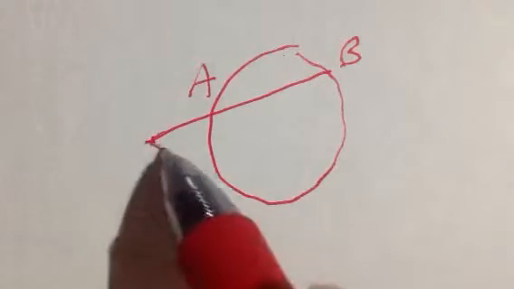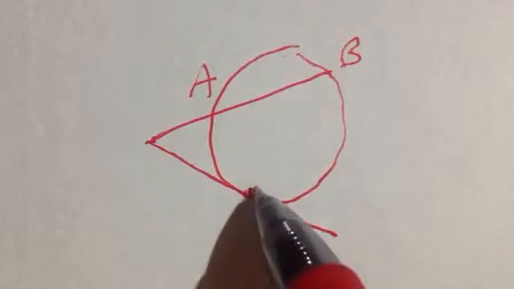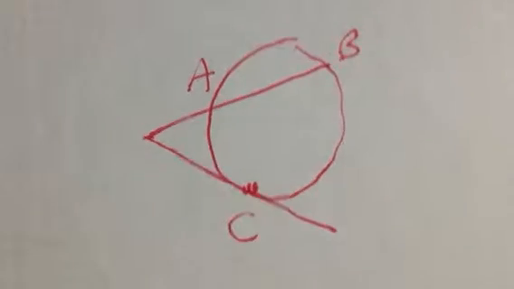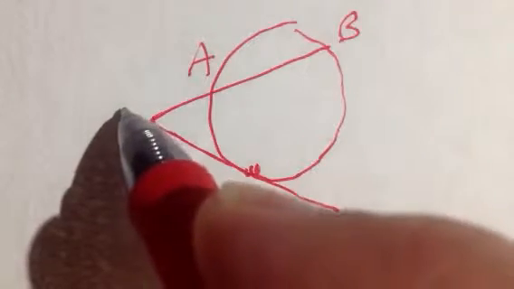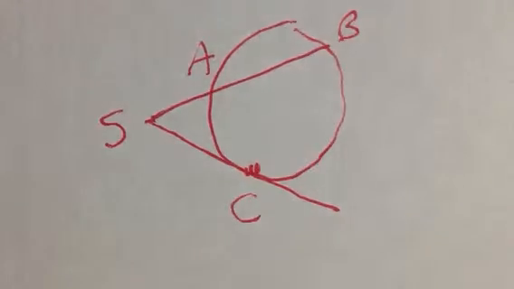We will continue on with Theorem 1014. We will now discuss the case where a tangent and a secant to a circle intersect at an external point. According to the theorem, if we have a circle with points A, B from the intersection of the secant and a point C, which is a point of tangency of a tangent, let's say this is point S out here,